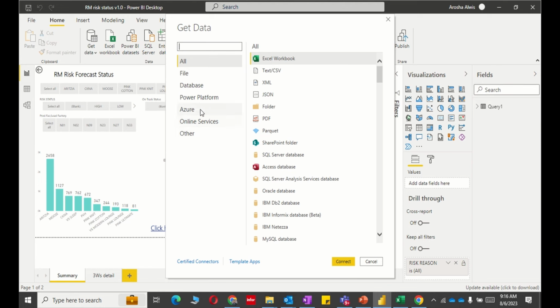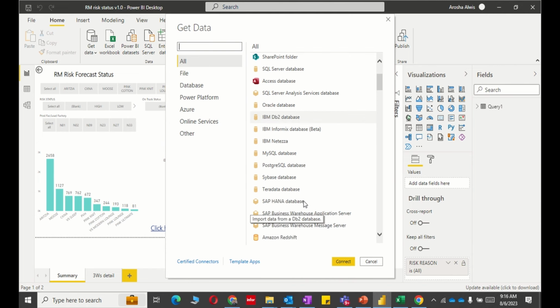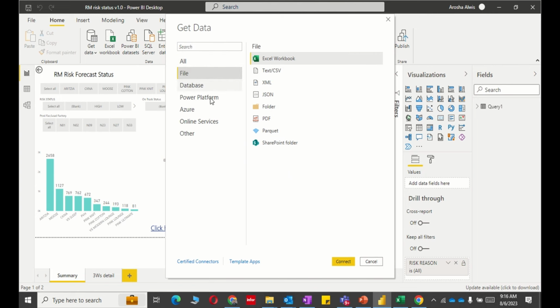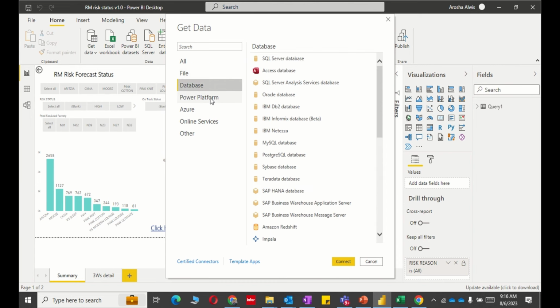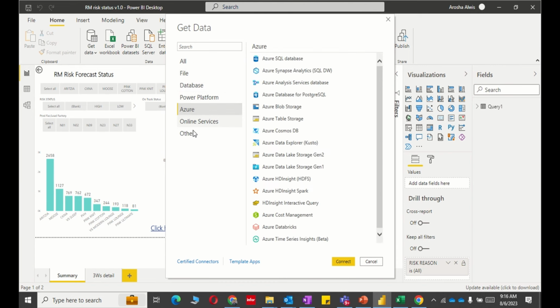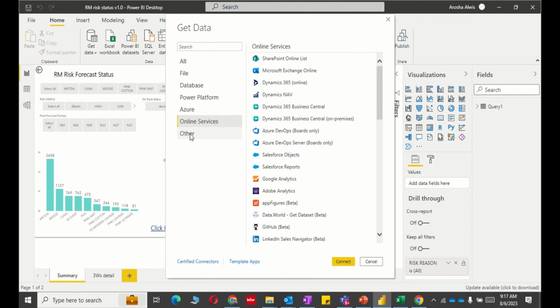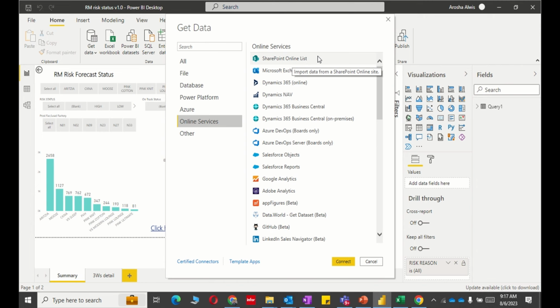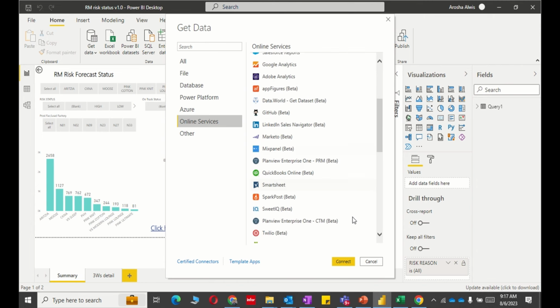You can select where to get your data. We have a lot of places to get our data. For the moment I'm keeping it here, right? See, database, Power Platform. You can give whatever you want. You can even put a link. See, online services, SharePoint list. Even from a SharePoint list, you can grab your data. Anyway,